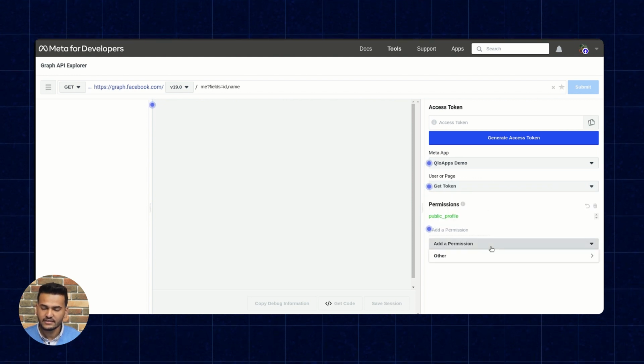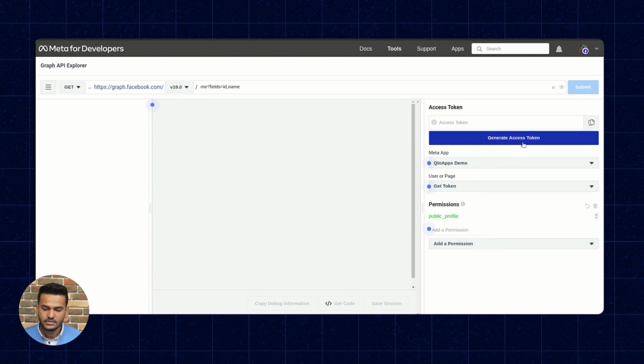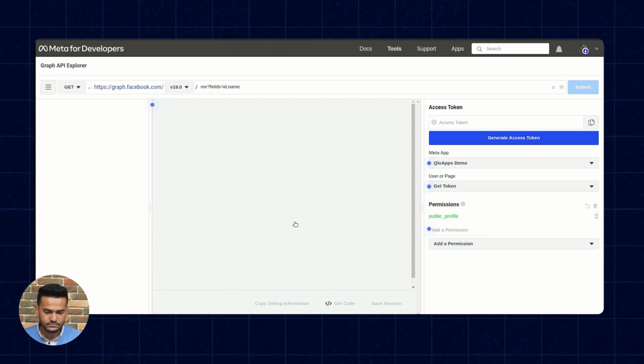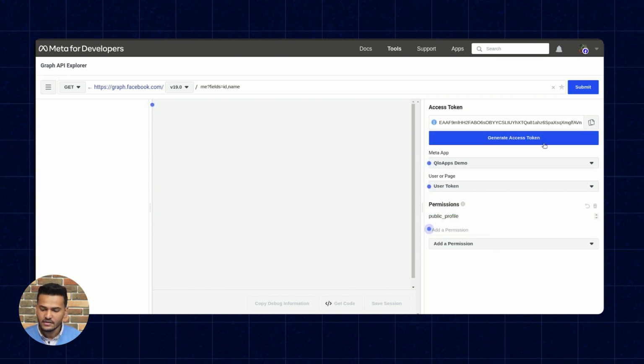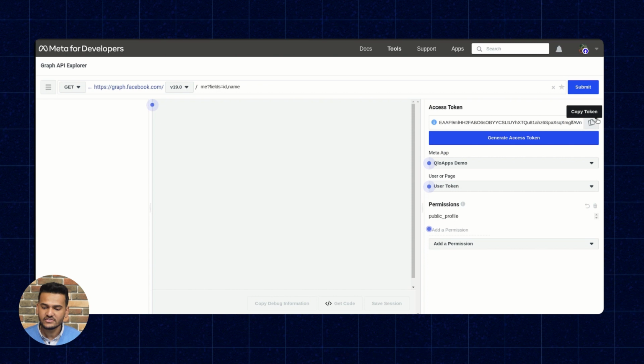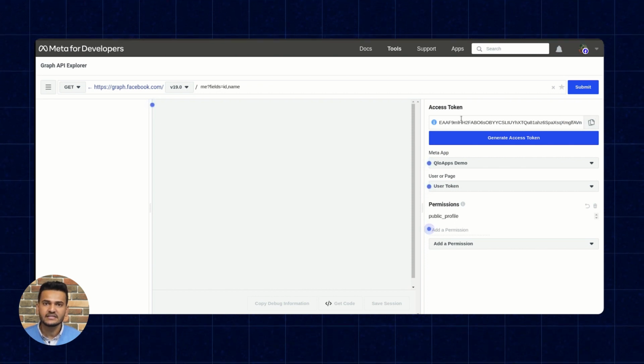Here you have to select the permissions that you want to allow and simply click on Generate Access Token. Once you click on it, the access token will be available. Just simply copy this token and paste it into the relevant field.